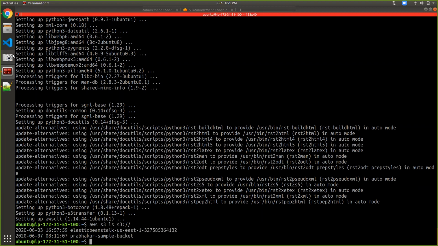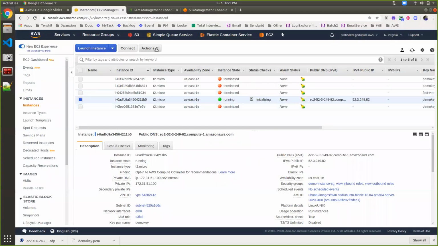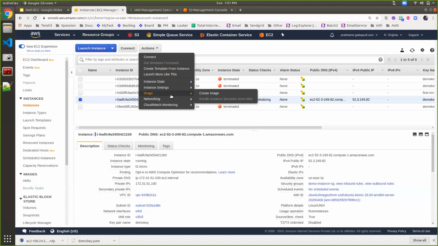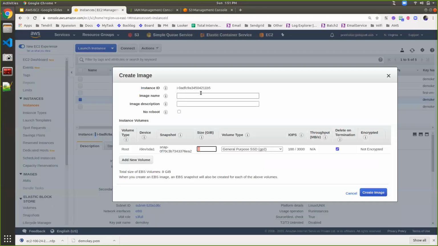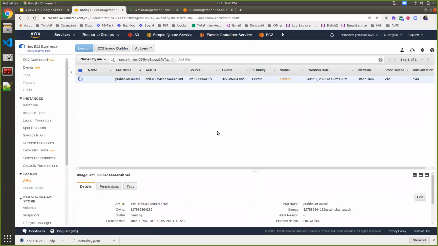Now, next time, from this instance, I'm creating an image. I'm giving the image name as Prabhakar AWS CLI, and create the image. It will take a couple of minutes to create an image.